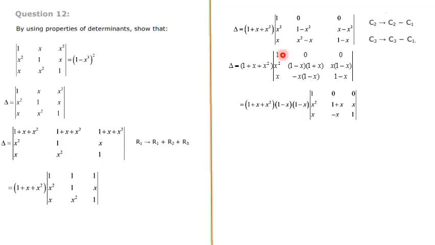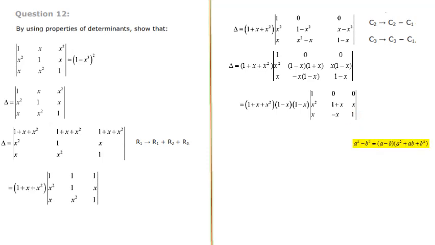The balance is, first row remains the same, 1 0 0, and second row first element x square. Then here 1 minus x is outside, balance is 1 plus x, that is written. And here 1 minus x is outside, balance is x, that is written. Next in the third row, x element same, then here 1 minus x is outside, minus x balance, that is written. And here 1 minus x fully out, that is 1 balance.